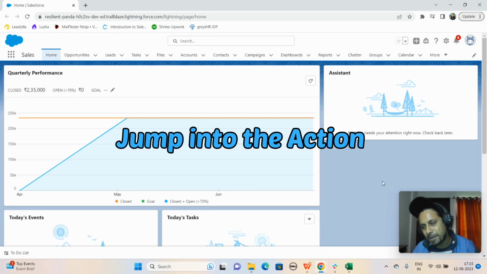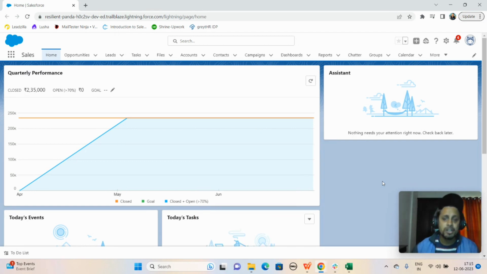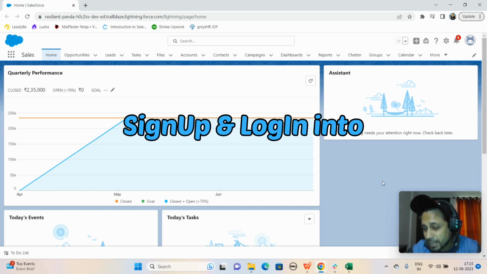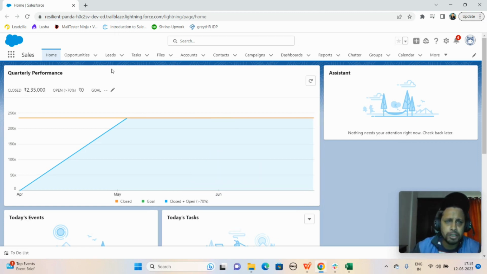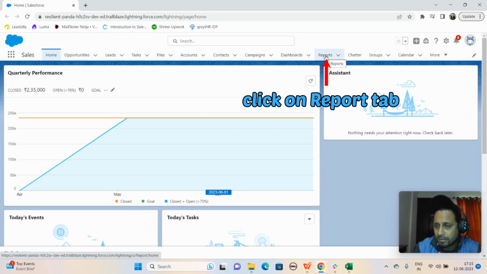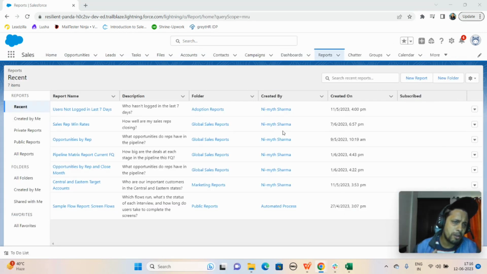Now let's jump into the action. Over here in front of you, you have the Salesforce org. Obviously, you have to sign up and log in to the Salesforce org. On the top left-hand corner, it shows your Salesforce logo. Then come down, and you would see many dots like App Launcher, then Sales, and so on. You have to click on the Reports tab. Once you're in the reports tab,